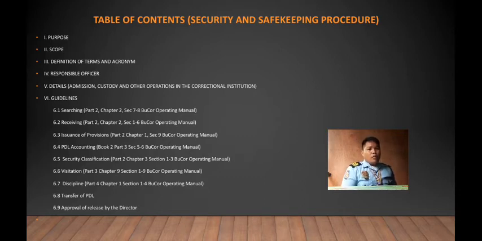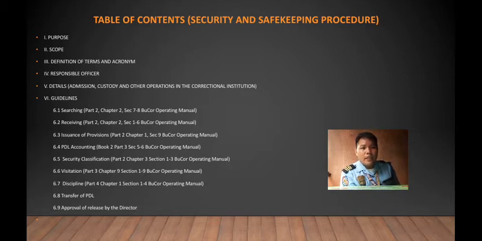We have Roman numeral 1, purpose, 2, scope, 3, definition of terms and acronyms, 4, responsible officer, 5, details, which are the contents of admission, custody, and other operations in the correctional institution. And the last, we have guidelines,